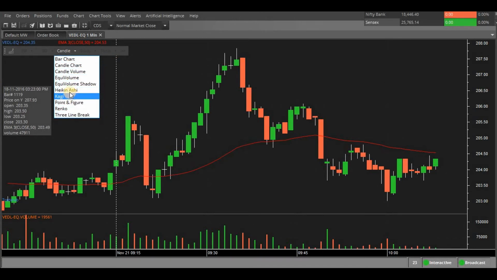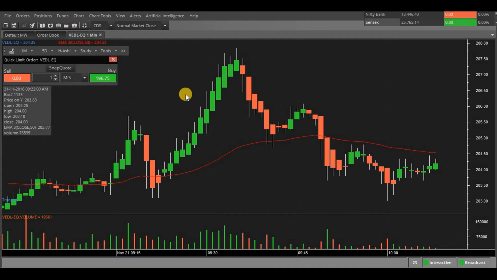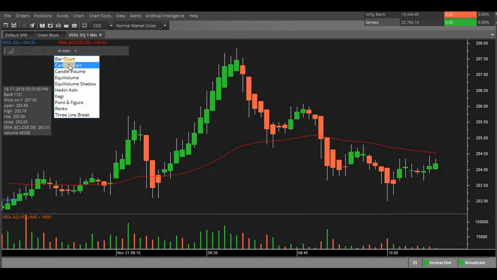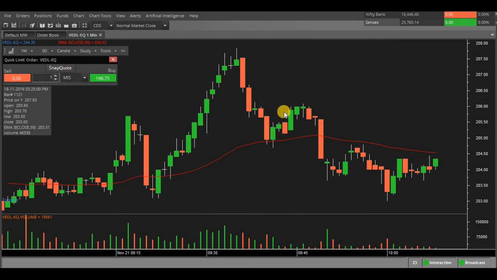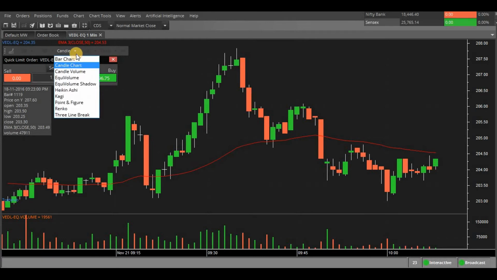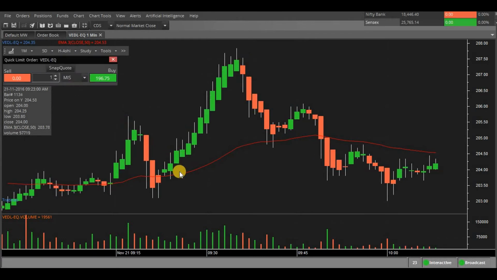As you can see here, after I use Heiken-Ashi, it is all clear. If I use the normal candlestick chart, it is a little bit confusing. But after using the Heiken-Ashi chart, it is very clear to us. So after you have gone long here, after crossing this line, you can go long as there is a green signal. The chart is going up, and when the price comes down, you can exit here.